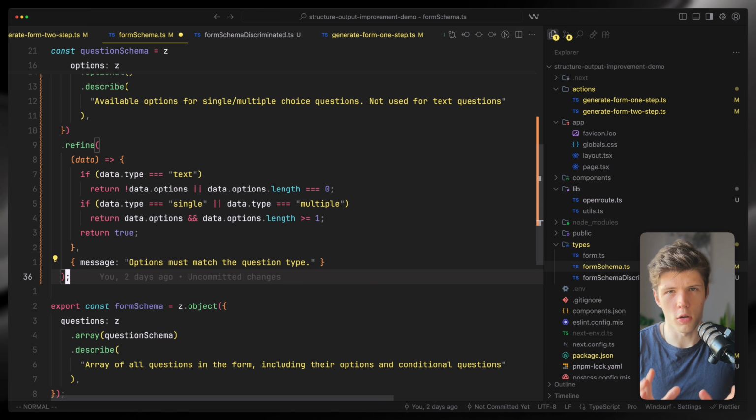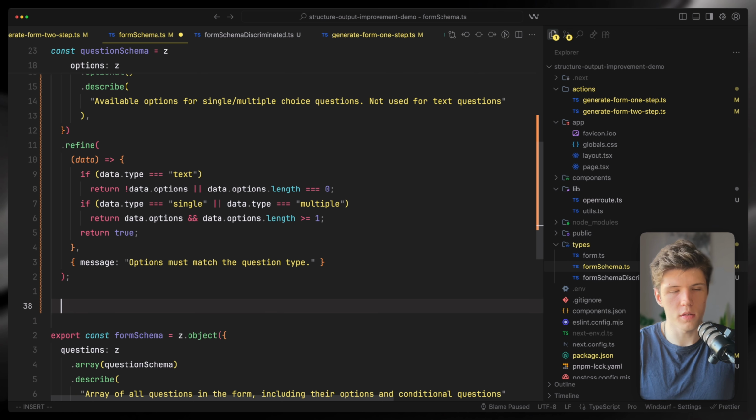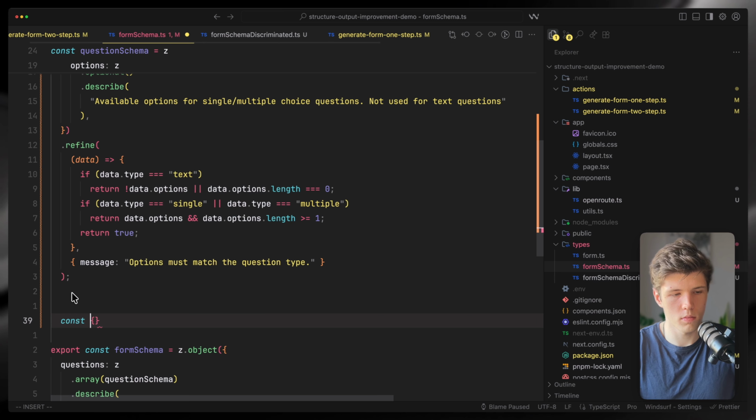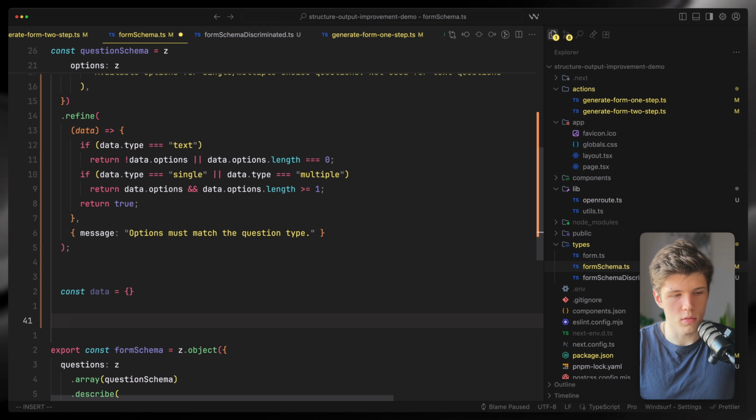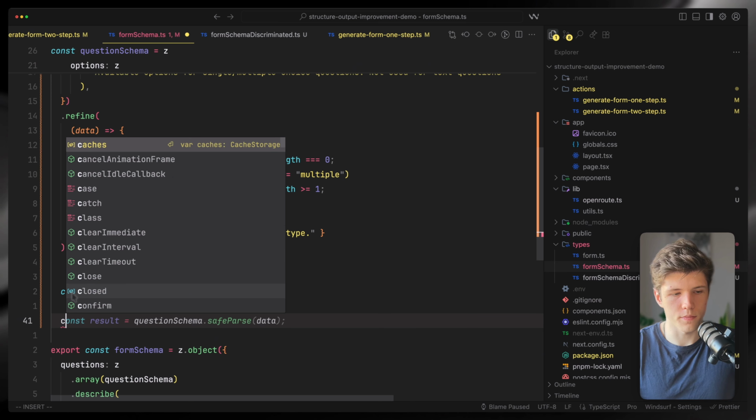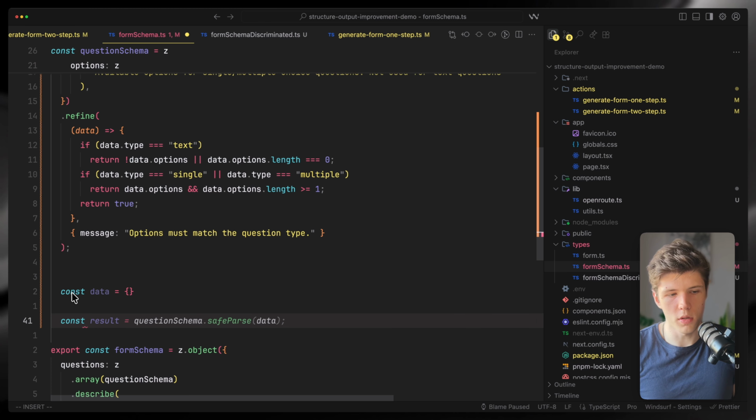And if you want to have all the good developer experience that you got from discriminated union, you can still have this discriminated union schema, but not send it to LLM. Instead, what you can do is parse it after LLM returns the object. So let's say we have our data, which is going to be just an empty object. And let's say this data is what LLM provided us. And we can just parse it through our discriminated union schema,